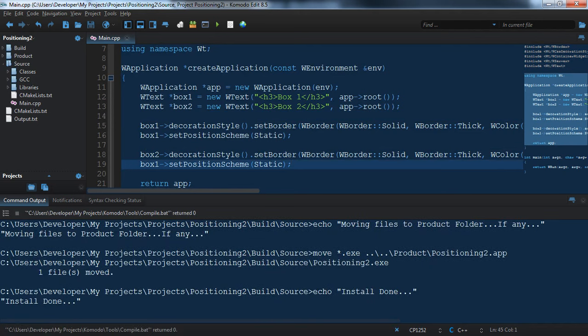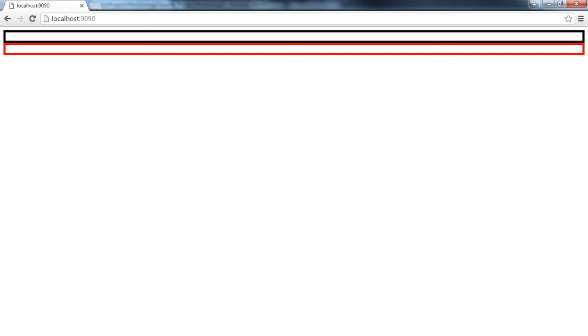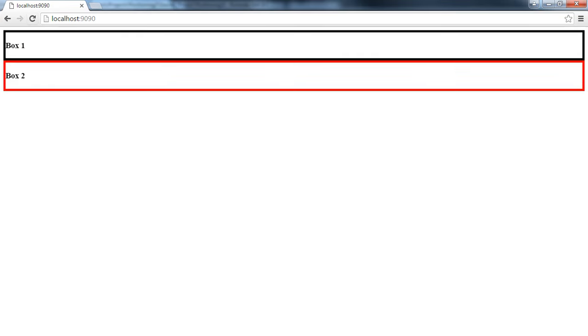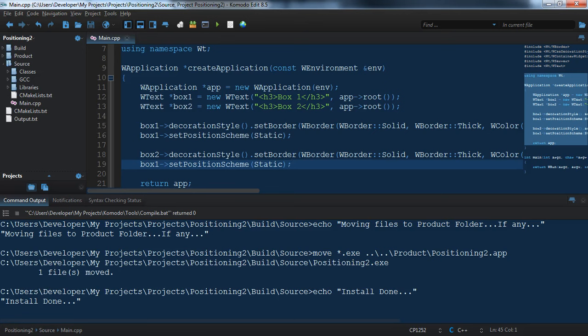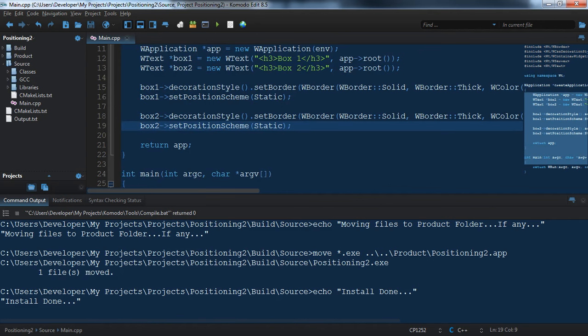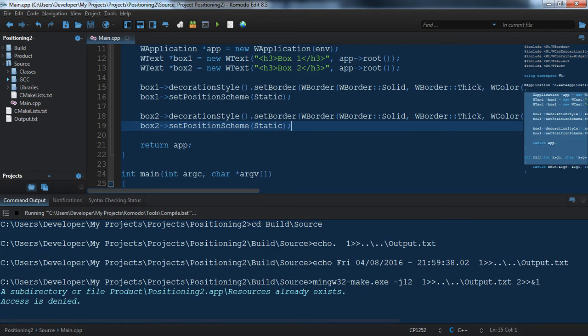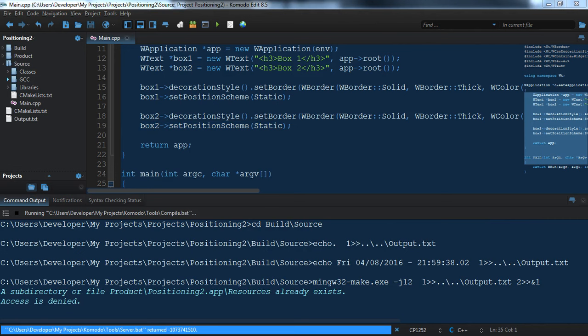As you can see, we're compiling. You should see no change. We do a refresh. See, we just added some text, made it a little bit bigger. But here's your two widgets. Nothing new there. Now what we're going to do is go ahead and set the margin so we can move box 2 to a new position. And I apologize, I did a box 1 for that, but if we go ahead and compile it again,